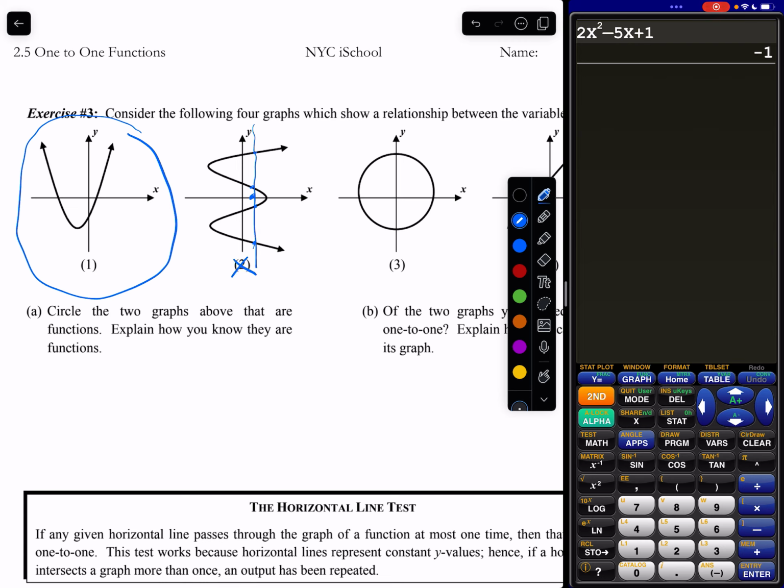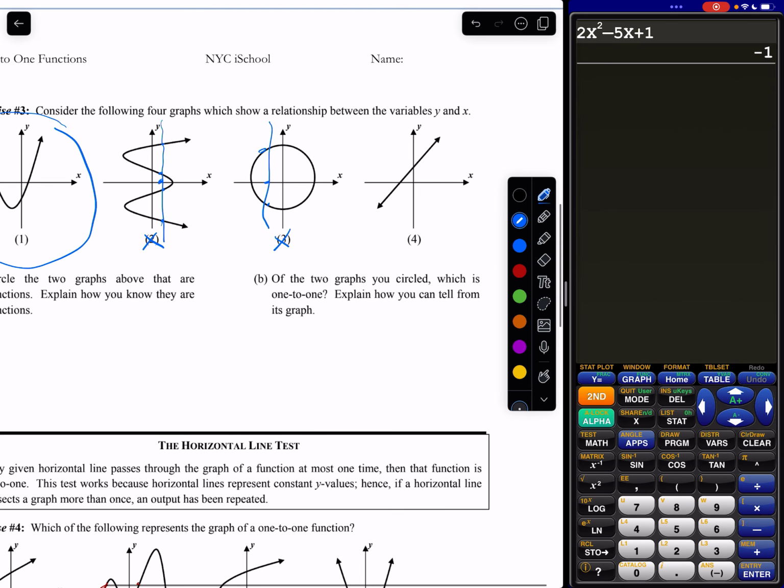Same thing here with a circle, right? If I choose this input, we're going to get 1, 2 outputs. It fails the vertical line test. That's not a function, okay? So we can also see that that linear one is a function. For every input, we get exactly 1 output. Now, of these 2 graphs that we circled, which one is a one-to-one function? And you can see that number 4, the linear one,